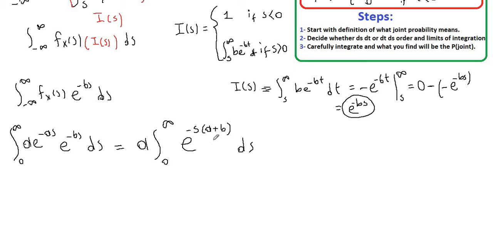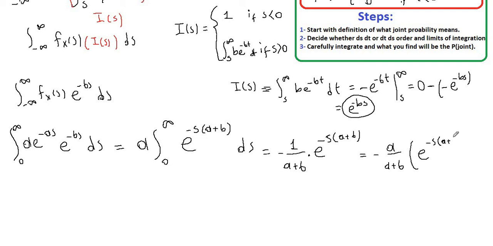Now we know antiderivative of e function will be 1 over negative a plus b times everything here, e to the negative s times a plus b. And we can take out negative 1 over a plus b as well, so it's going to be negative a over a plus b times e to the negative s times a plus b from